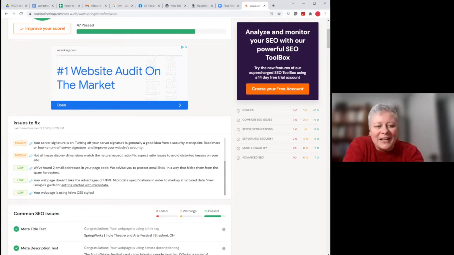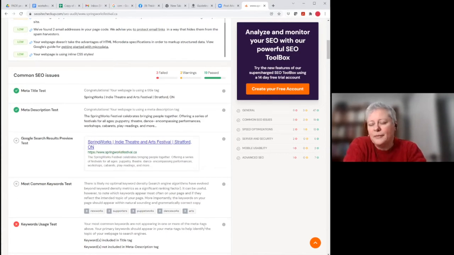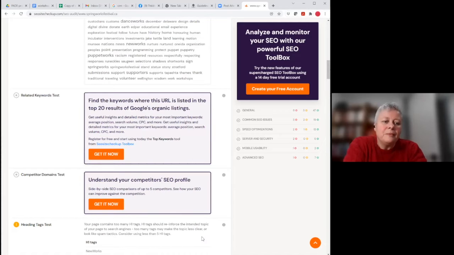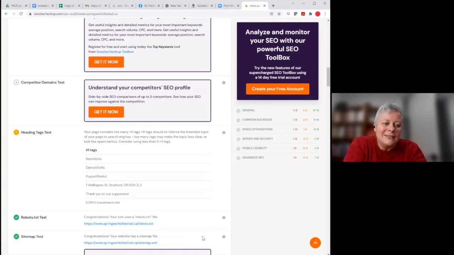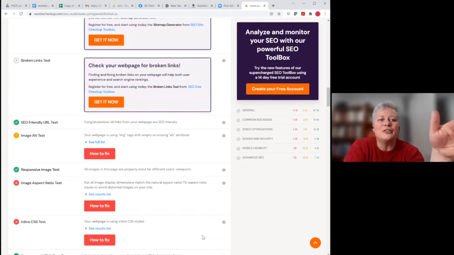But basically, you're getting a sense here of highlights. The report in total is probably about 8 pages in a Word document, right? So if we start scrolling through the actual more detailed report, Eileen, you see at the beginning, it's always about keywords and whether you're using the basic tags well. And when you're not, that's actually pretty easy to fix moving forward. If you keep scrolling a little bit further, you're still in the tags here. Then you get into the robot and sitemap pieces. And then you're starting to get into whether